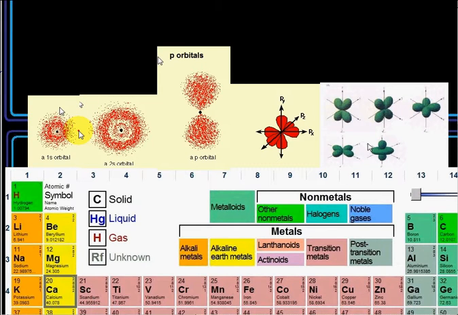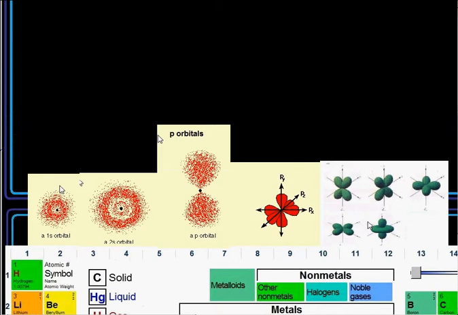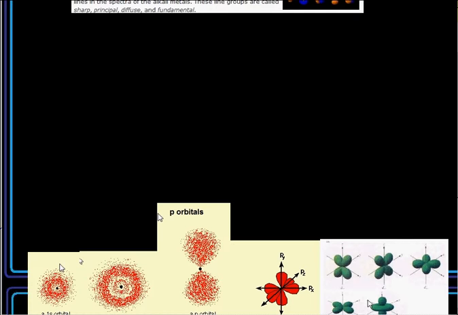Also, you might be interested to know that the s, p, d and f orbitals have these particular letters denoted to them. S because the orbital is spherical in shape. The p orbital because it's a polar shape, as in you've got poles at either end of the orbital. The d and the f are a lot more complicated, but there's also another explanation to the s, p, d, and f as well, and it has to do with